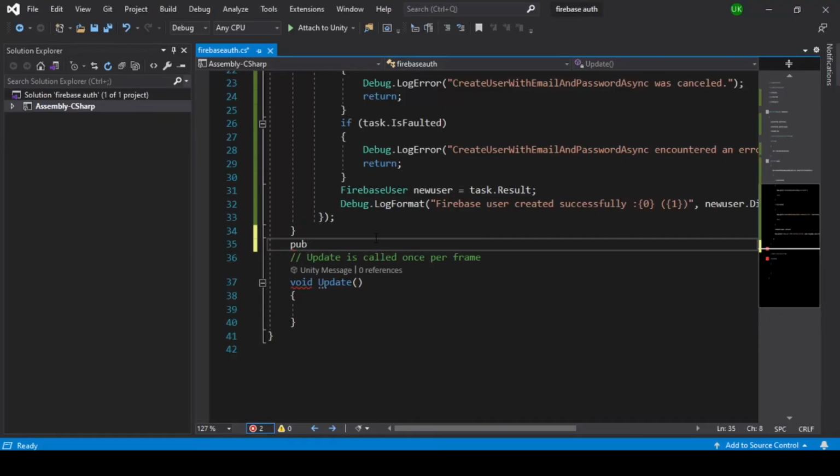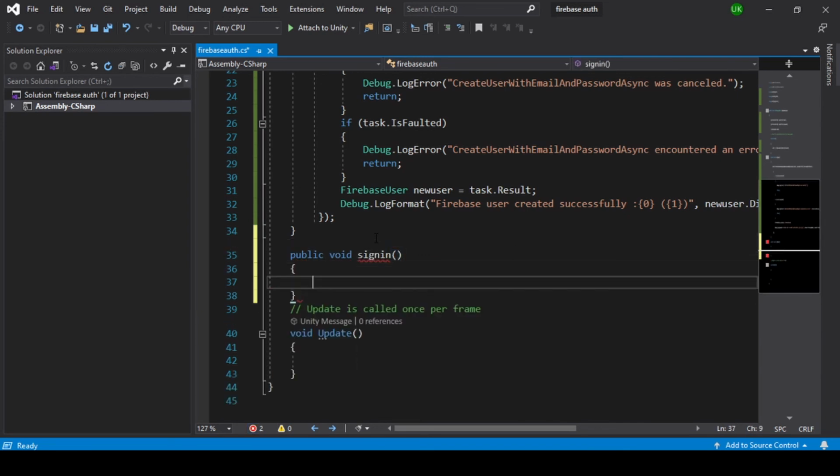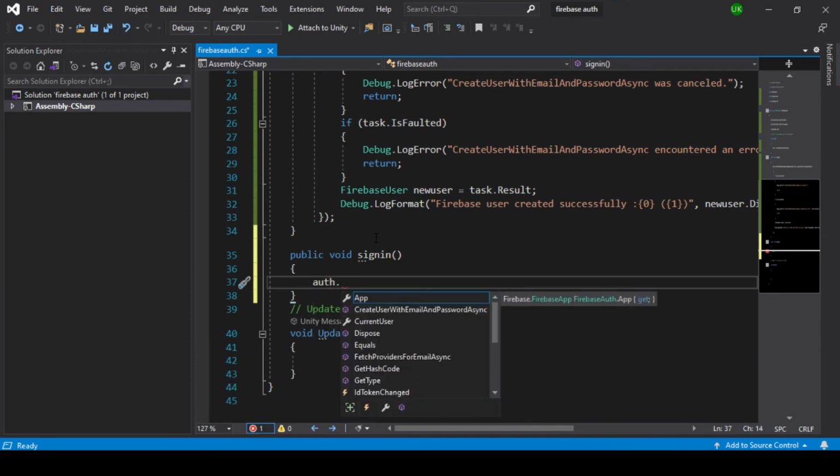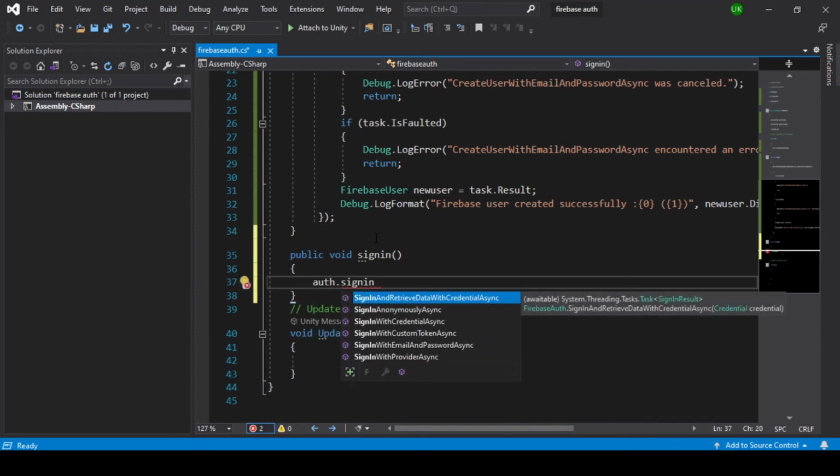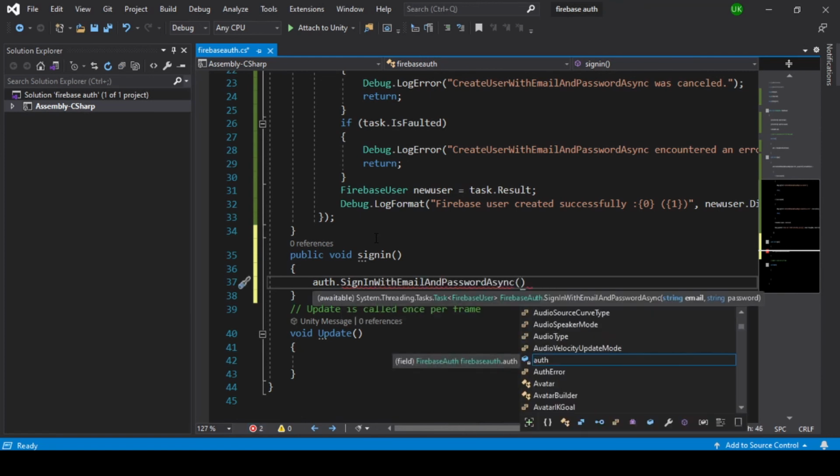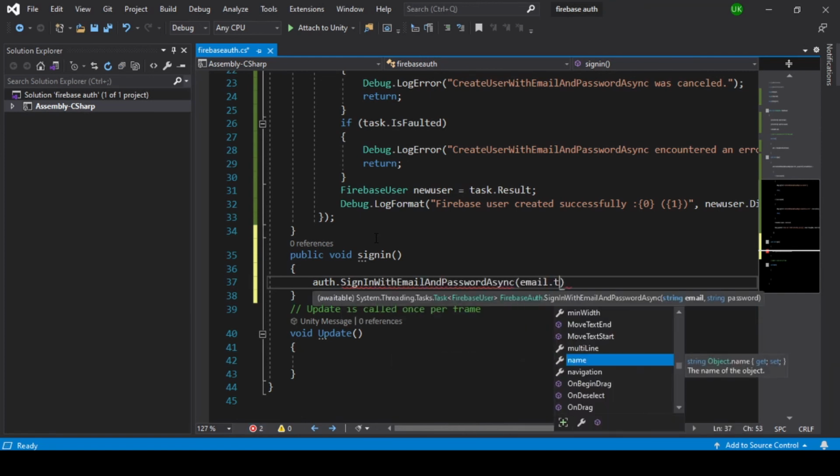Now let's sign in our user. Create a public void function SignIn. In the sign in function, auth.SignInWithEmailAndPasswordAsync. Enter your email text and password text.